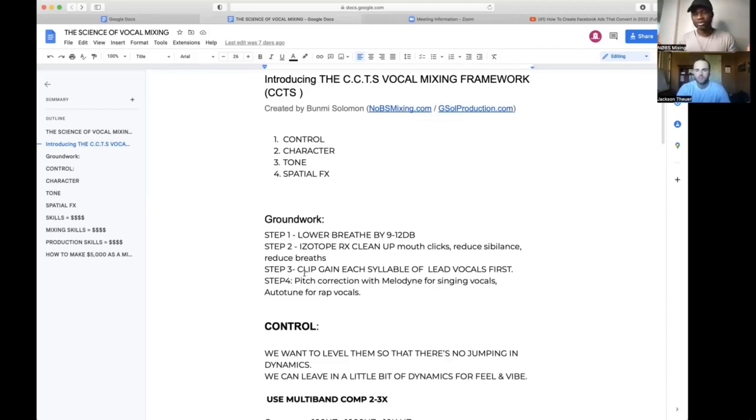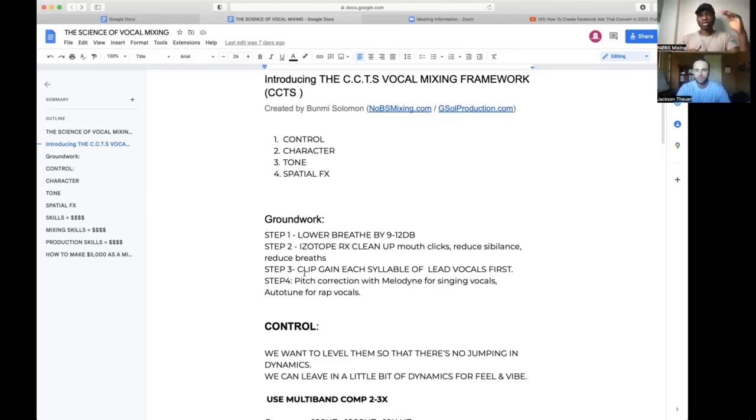And why do we do that? The reason we do that is because we want to not overwork our compressors. Because when you have a vocal that's really loud, like 9 dB louder in a particular syllable or phrase, and you go to the next phrase, it's probably 6 dB, 9 dB lower. That's too much work for our compressor. We don't want that.